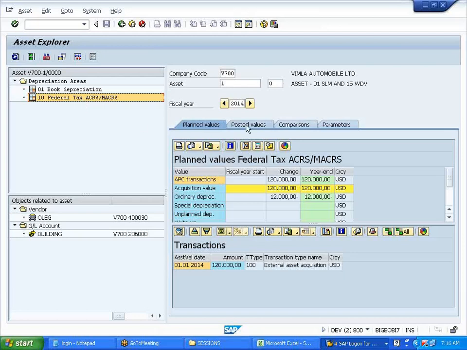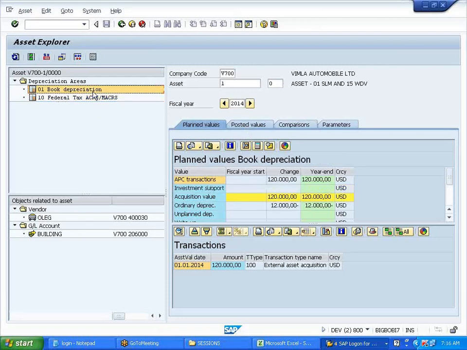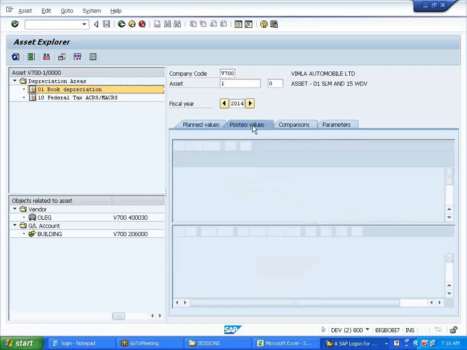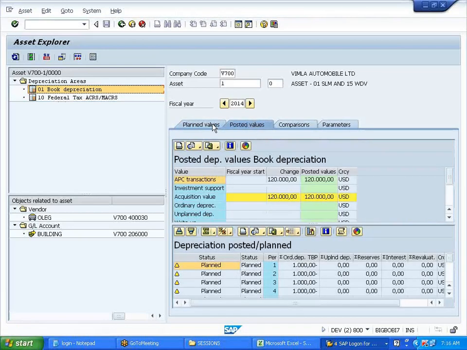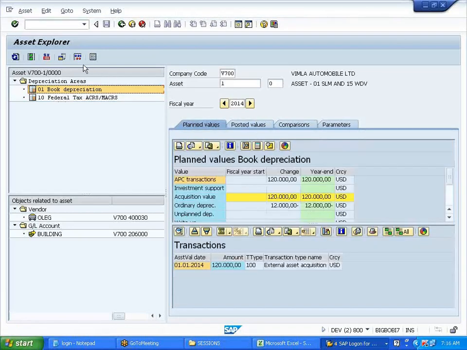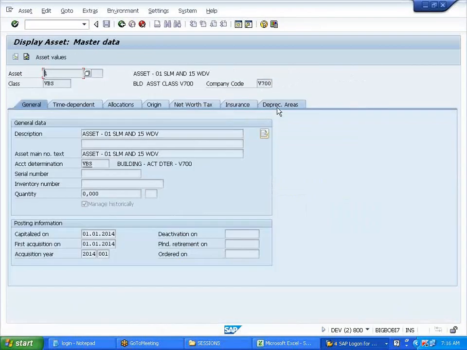But you mentioned in SLM it's 10, right? Yeah, that is fine. This is perfect. In the asset master, do you mention any? See, in the master data it updates automatically, no?